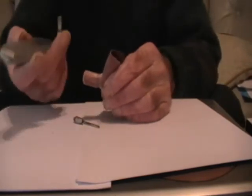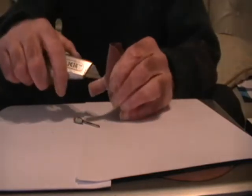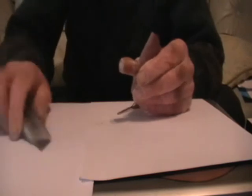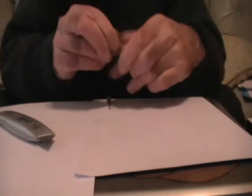So what I'll do, I'll get a Stanley knife and I will cut the rubber just slowly and carefully and show you, hopefully, that piece of rubber. Now that's all it is, it's just a little piece of rubber that holds that valve together. Now it's not very strong,